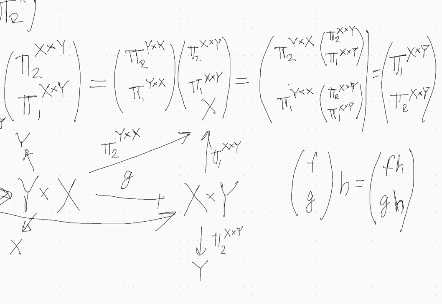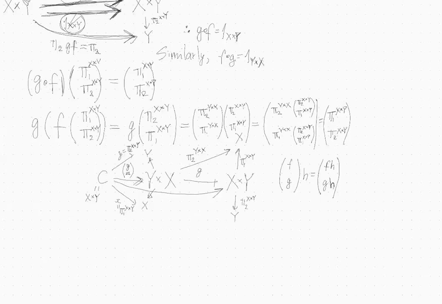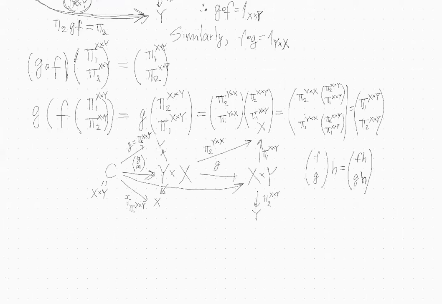So now we would have proved, just to summarize, that GF composed with pi1, pi2 gives us pi1, pi2. And because pi1, pi2 is actually the identity morphism, that's what we wanted to prove, right? We also showed it here. So we proved it in two different ways. We proved it using just the diagrams, and then we can also prove it using these algebraic manipulations, which kind of imitates what we do with sets and functions,